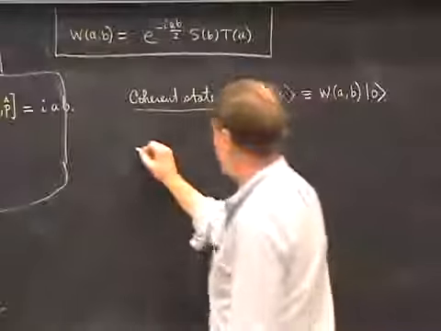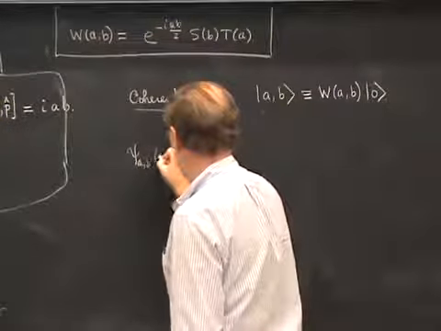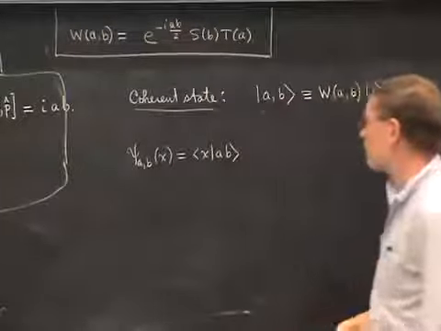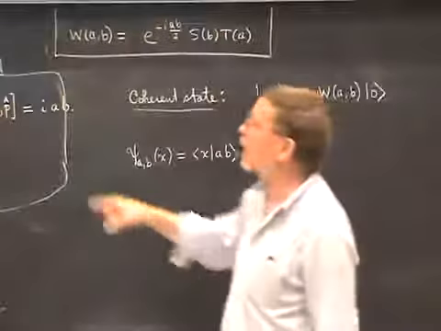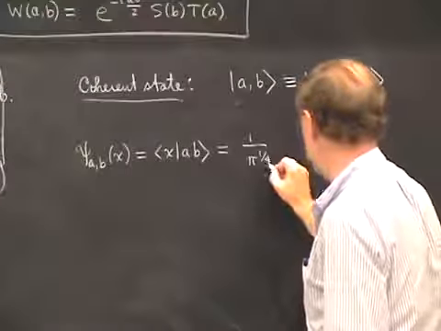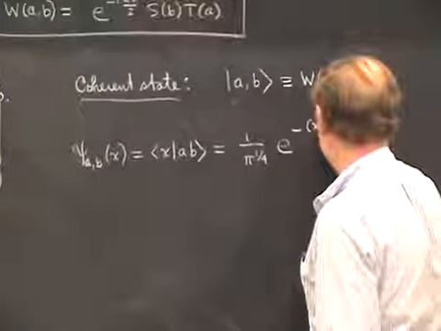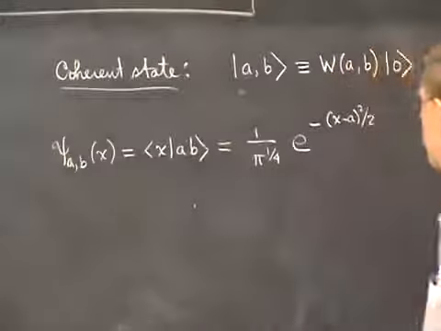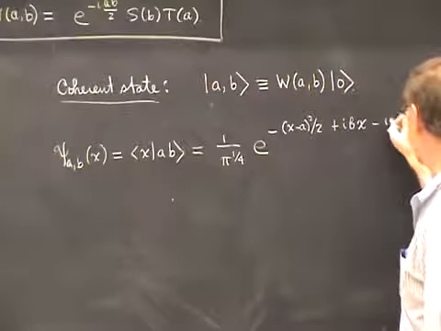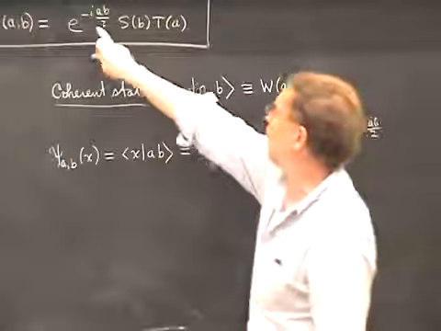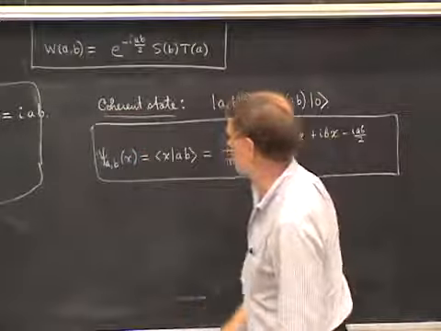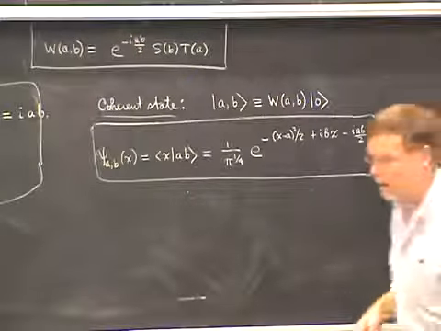And if we work out the wave function of this, let's call it psi AB of x, which is equal to the scalar product of x with the state AB, it's straightforward. We work this out by just applying position and momentum translations. You'll find that this is the same normalization, pi to the 1/4, times e to the minus (x minus a) squared over 2, that's the x shift. Then you get plus i b x, that's the momentum shift, and then minus iAB over 2, which is this extra phase factor here. And so this then is the wave function of a coherent state, a minimum uncertainty wave packet with